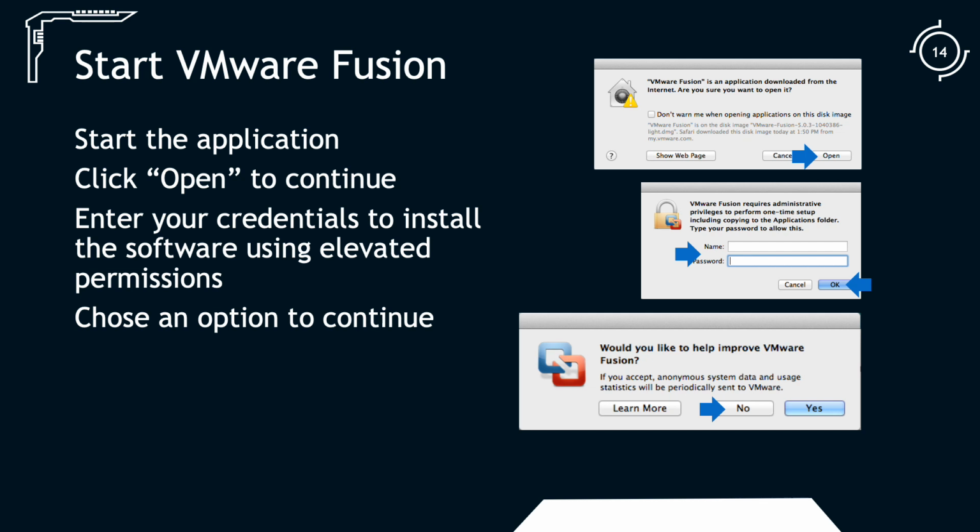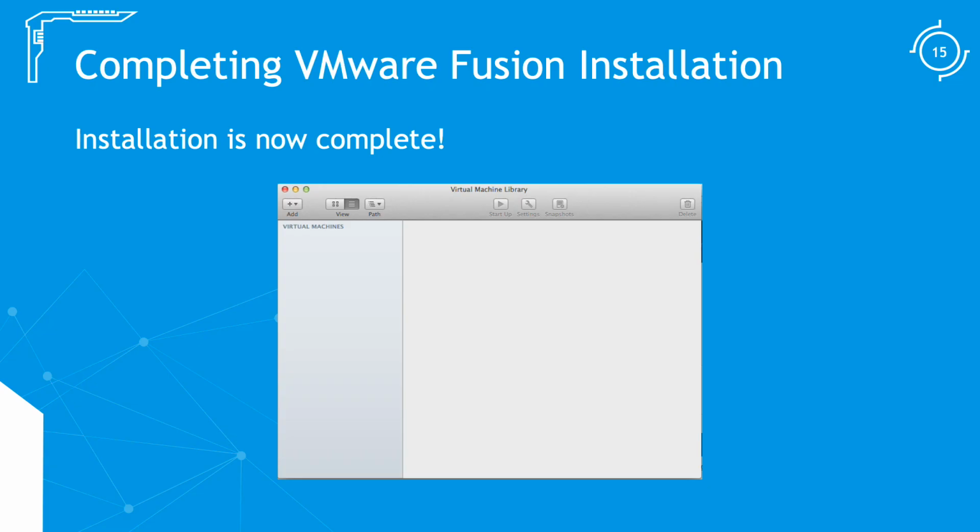You can click yes or no. If you click yes, it will send information on your usage to VMware that they will use, according to what the text says, to improve Fusion. Make whatever choice that you want there. At this point, you're going to run through the installation process. It'll probably ask you to reboot, and then you are good.